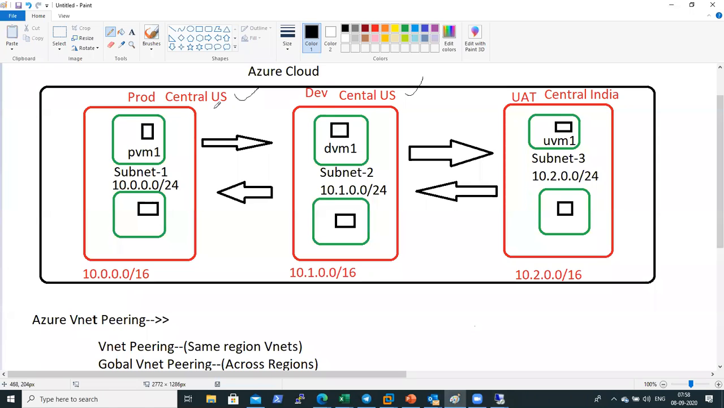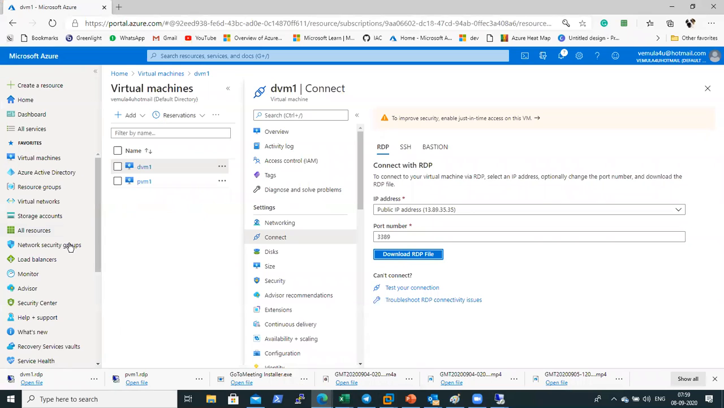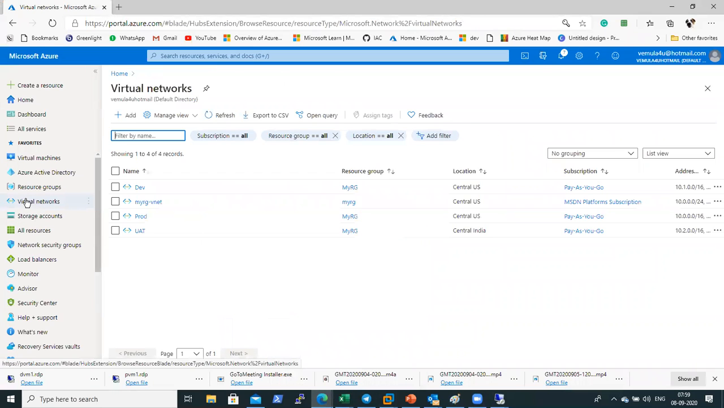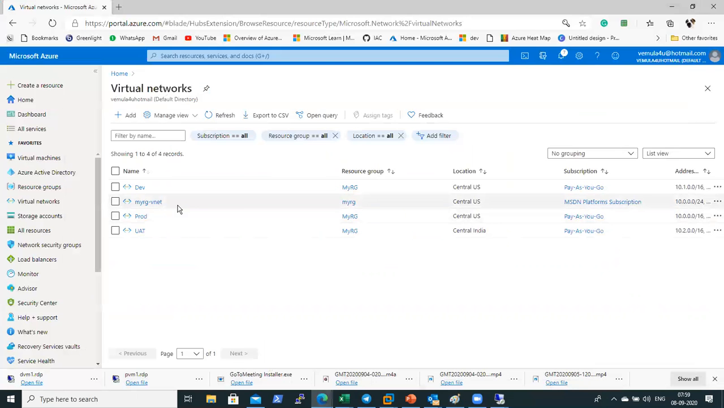My boss's requirement is different. Now he wants to enable communication between these two. The solution you have is VNet peering. Now how do I go and create a VNet peering? In order to enable VNet peering, you need to go to the virtual network and pick one of these two VNets. So let me go with prod first. Let me select the prod VNet,